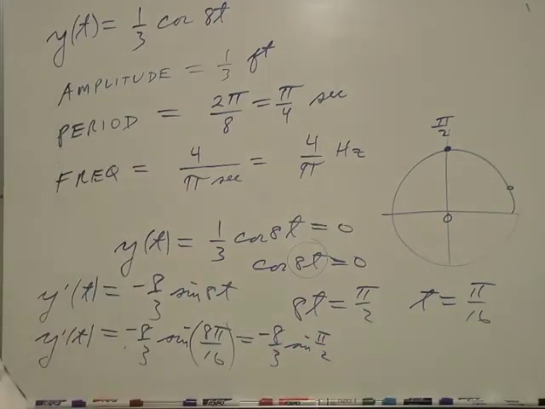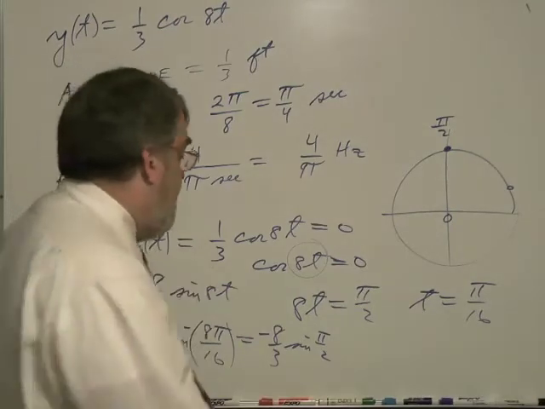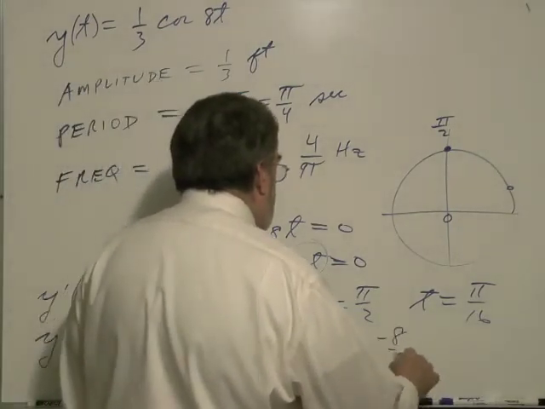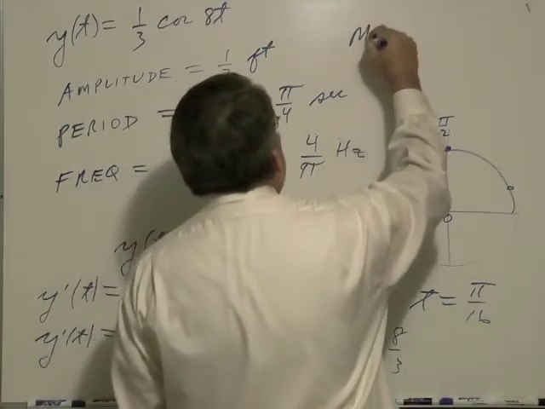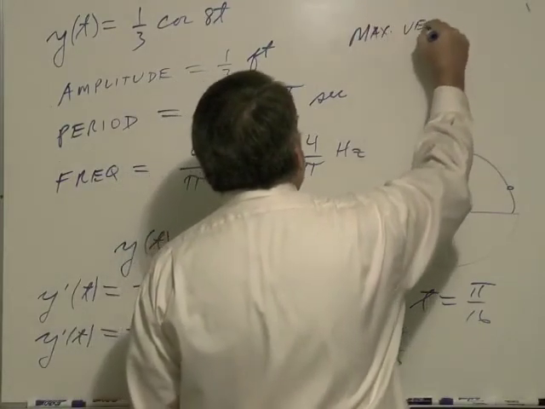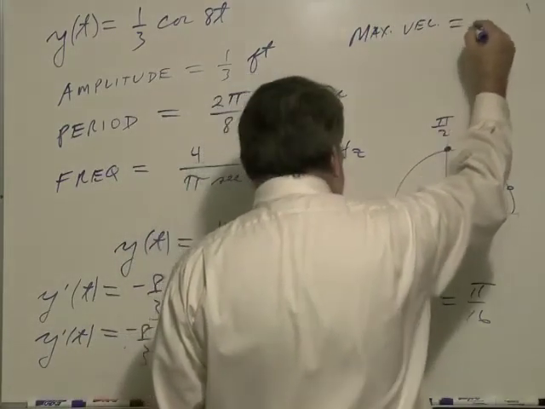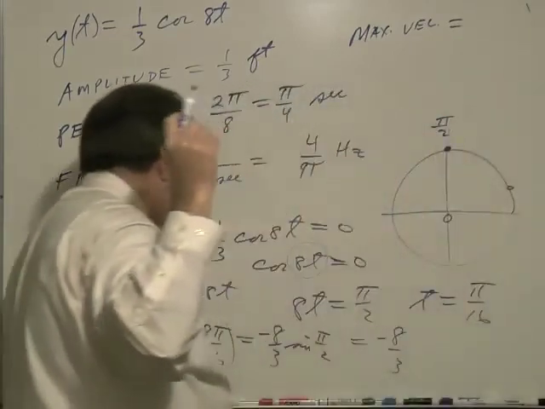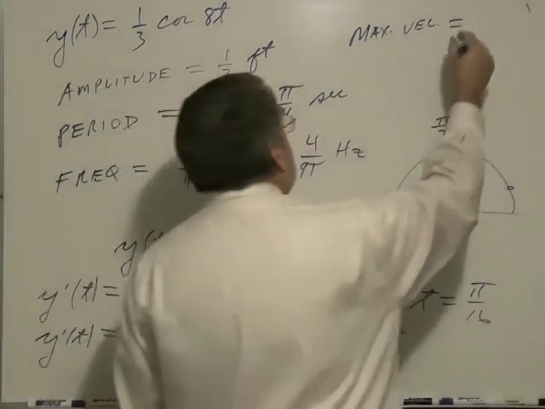Okay, well, sine of pi over 2 is equal to 1, isn't it? Equals minus 8/3. So the maximum velocity is 8/3